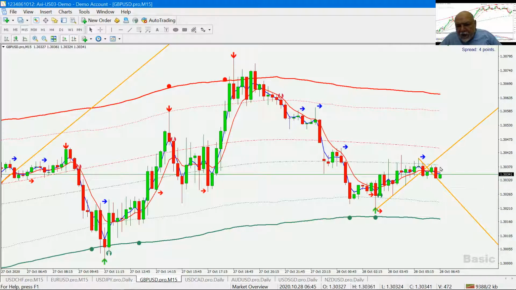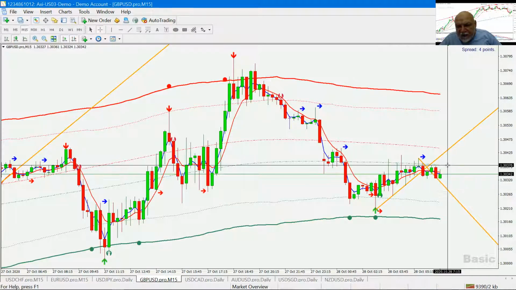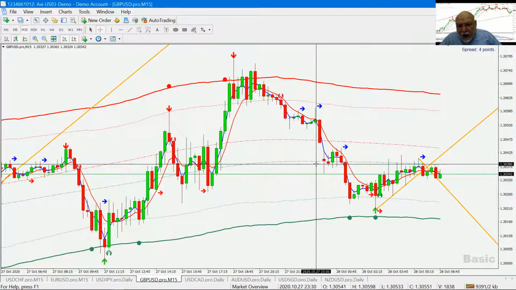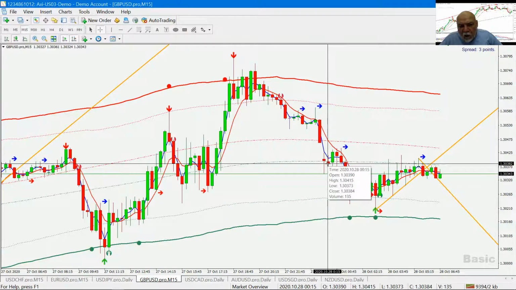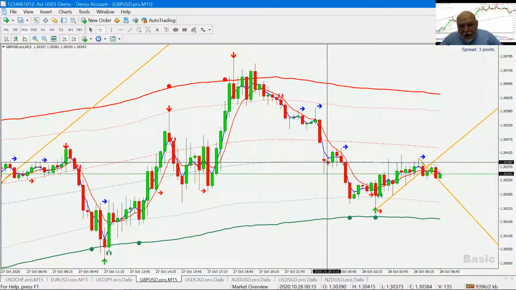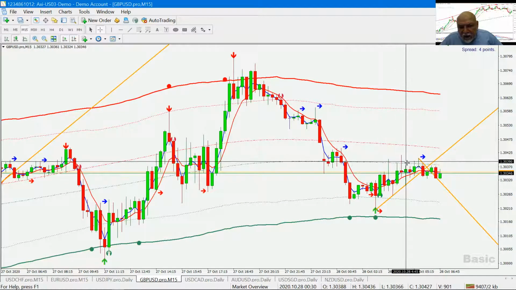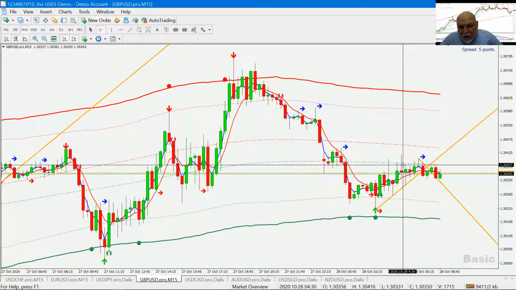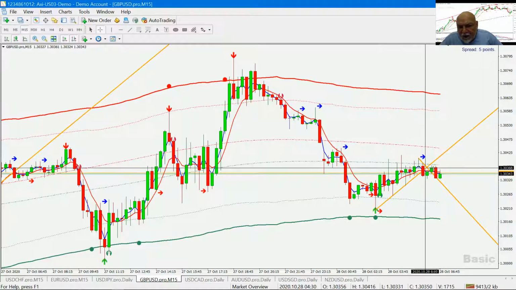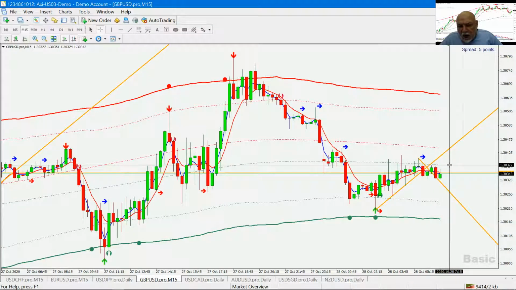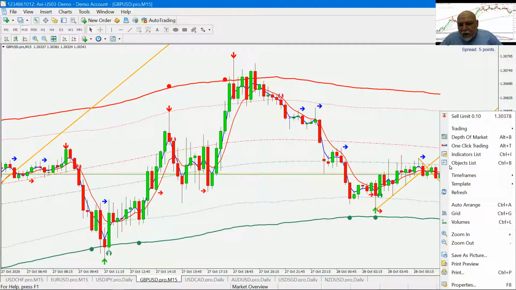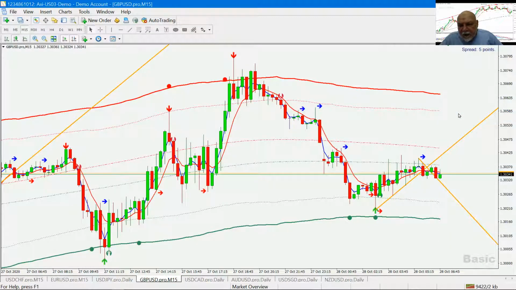I'm going to be looking for a flat. Let's see if I can find a flat on this. A flat is where I see significant open, high, lows, and close at one level. So I can see here, I've got this level coming across here. This looks like I've got this coming down a little bit lower, a little better flat area right in here. All right, so I am going to go ahead and put in a sell limit at this level. Okay, so there's my sell limit.